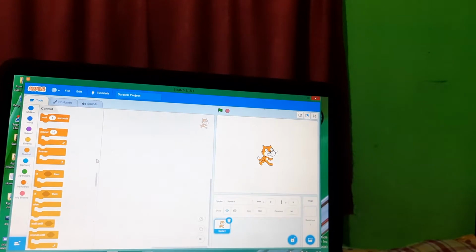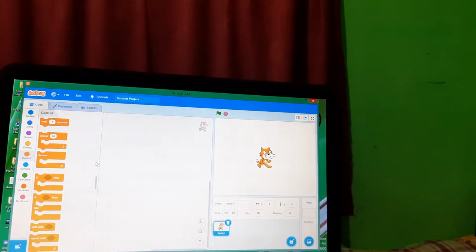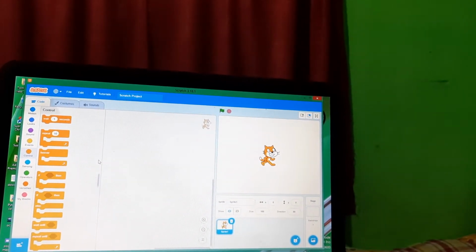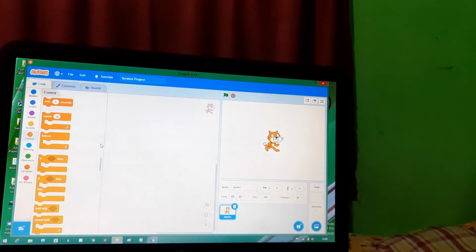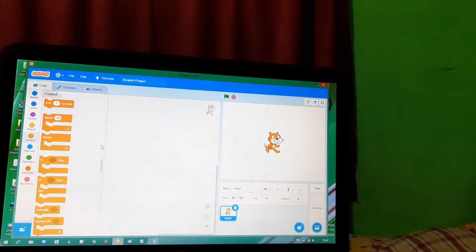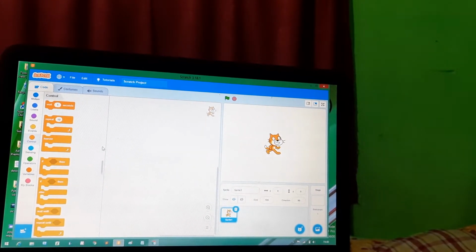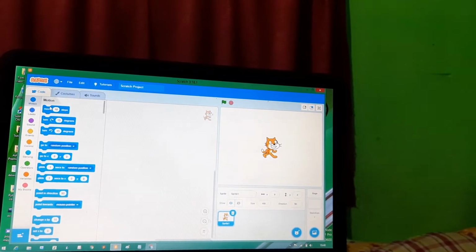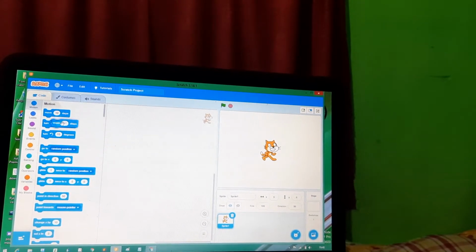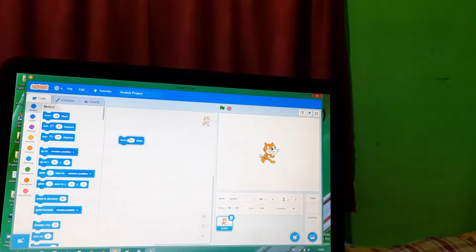Before I show you some examples of how you are going to use this block in your Scratch programming, you should know why we use these blocks. Control, by the name, try to understand. If you are using the motion block, move 10 steps, you have to drag and drop it in the script area.